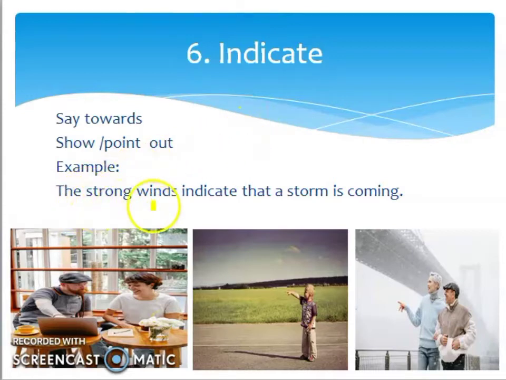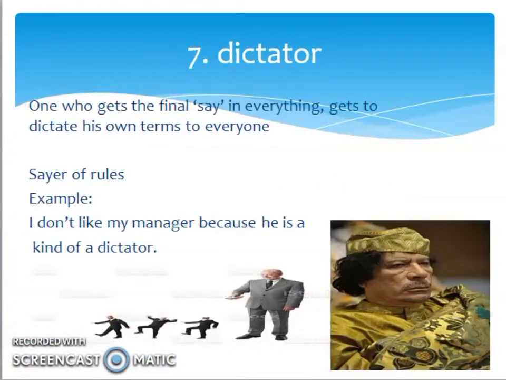Example, the strong winds indicate that a storm is coming. Okay? So, indicate means to point out, to show, right? Or to say something that's going to happen, right? Next,